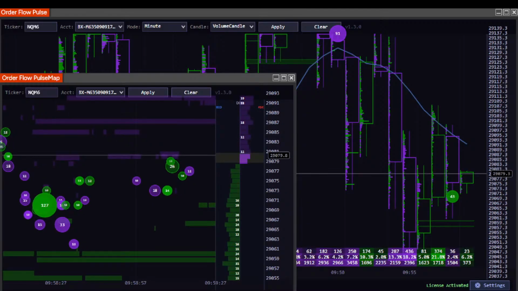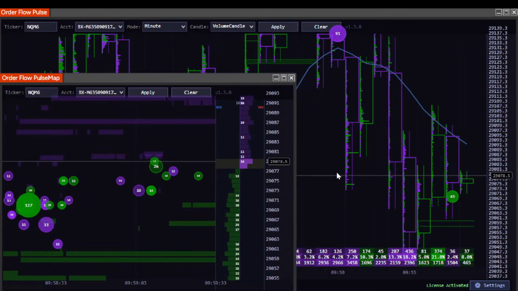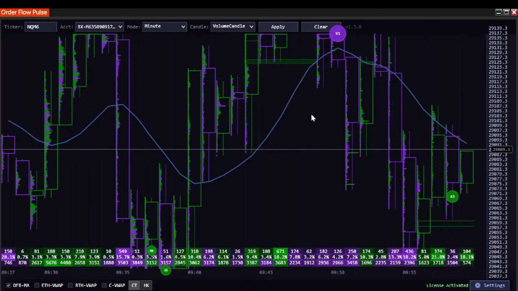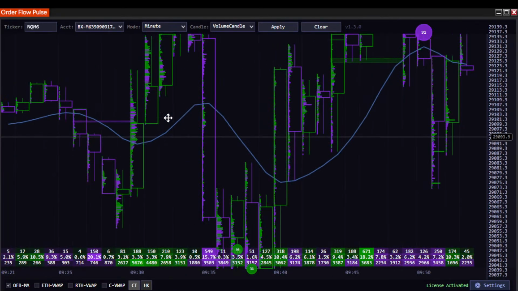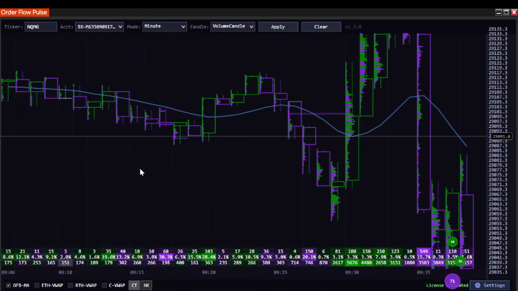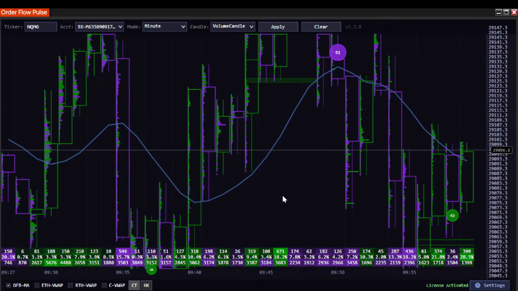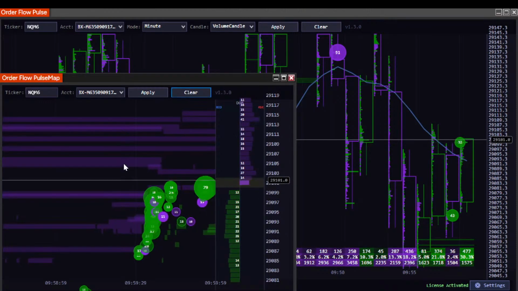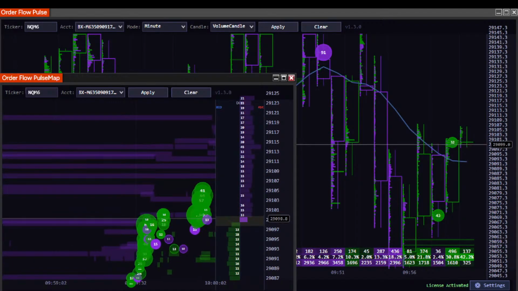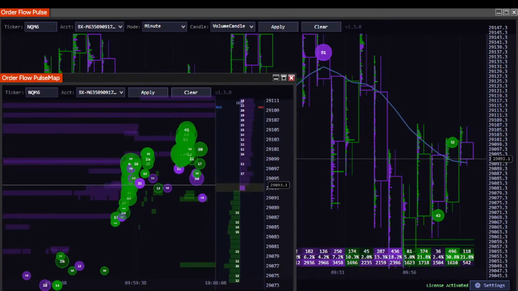You've got some pretty decent trades off of the NQ with those stacked imbalances right here. How you want to play them, I'm trying to keep an eye on both of them. When you're below this order flow bar moving average, you can get a sell imbalance, and you can possibly try to take a short down there. But you want to be on the right side of the market, to be quite honest. So if you're above the VWAP, you can go for longs. If you're below the VWAP, you can go for shorts.